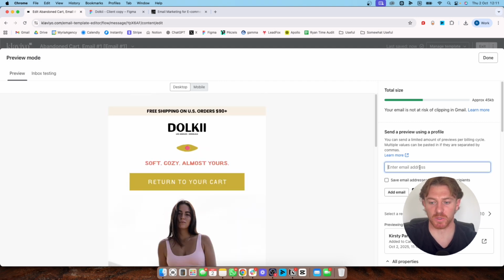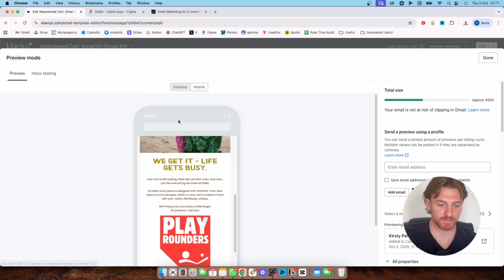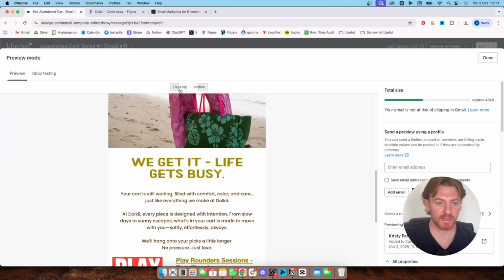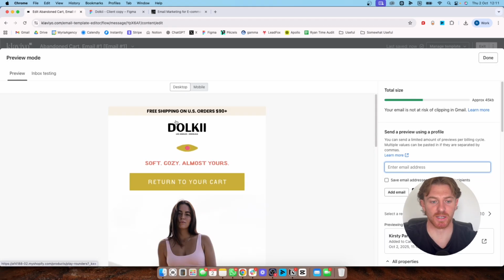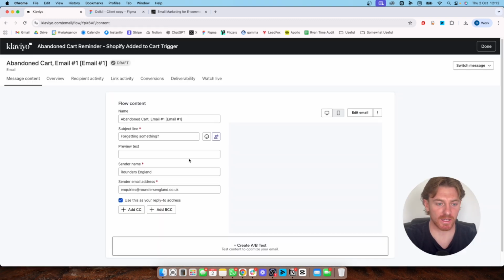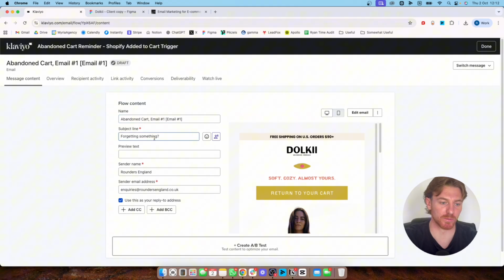You can also use this bit here, send it to your email address, have a look what it looks like on your mobile phone, which obviously, because we've used images, it's going to be fine. And that looks cool there. You can check on your mobile phone. Also check on dark mode on your mobile phone, make sure everything looks smooth. I've seen from brands I've audited recently, let's say for example, their logo's here. They've actually just imported a JPEG of their logo rather than a full image. So when you go into dark mode, you've just got an image with a white box around it, which doesn't look professional at all. So click exit,